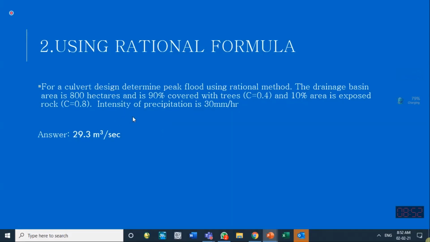So this is an example for a culvert design. Hopefully everybody knows what a culvert is. A culvert is a kind of cross drainage structure under the roads, under the bridges. If some nala has to cross, if some drain has to cross, or some small river has to cross, we provide some pipes or some concrete boxes so that the water should not be stopped because of the road or this embankment. So a culvert is constructed. What should be the design capacity of that culvert?